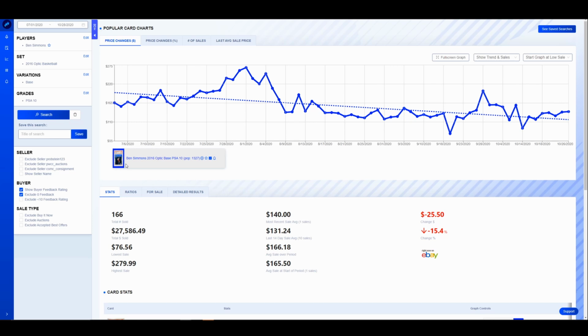So if you're a big pop count guy, look for the Optic. Also cheaper price point. You could get into it a little bit easier. I'm not going to talk particularly about any individual PSA 9s, but as we've talked about in previous videos, don't sleep on PSA 9s. So if you see PSA 9s of this stuff, if that's your budget, don't hesitate to